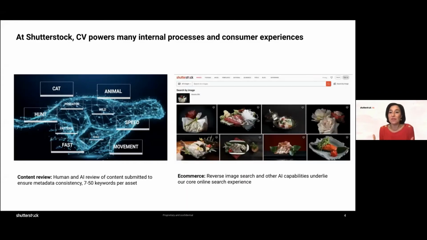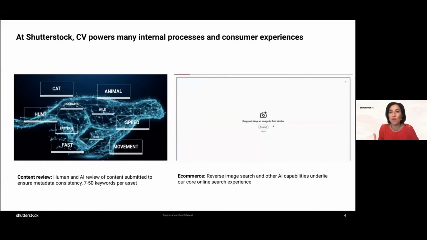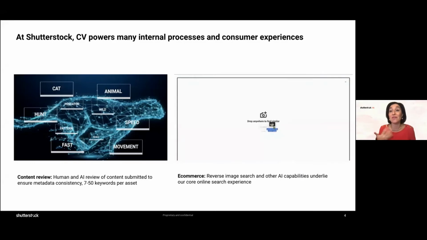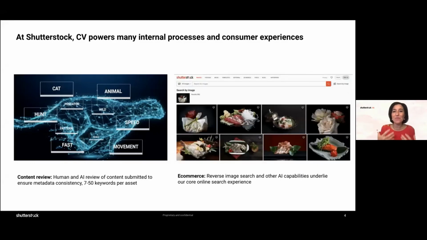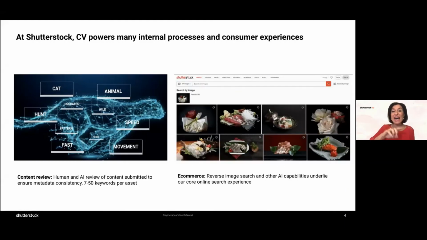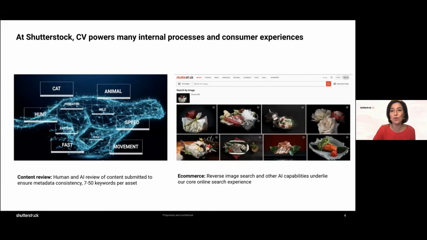Also in our e-commerce experience, if you have a website, if you are in the retailer industry, you want your customer to engage with your offer. A way to engage with your offer is trying to understand your customer and provide them what they need before they even ask. Sometimes asking through words can be kind of difficult, but sometimes asking through images can accelerate the way you can describe something. For example, I like this image, I want something like this. This leverages computer vision to find all other images that can be similar to what you have just seen.